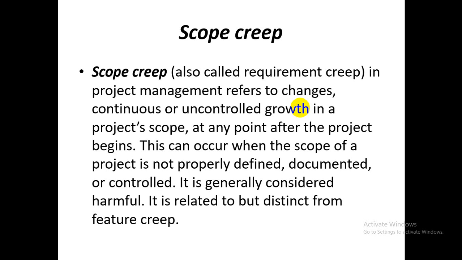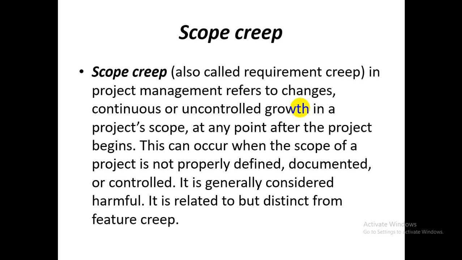Those changes, you may not be in a position to identify them. Okay, changes may come. For example, you are executing a project. I can give you an example here in Uganda. Sometimes you may find people constructing houses, but as they are going to the second floor, the entire building collapses. So those are changes that may lead to either terminating that project or re-initiating the project. And here we are saying this can occur when the scope of the project is not properly defined,